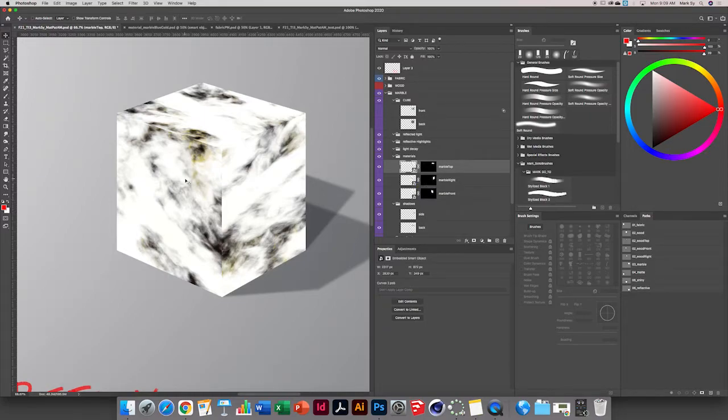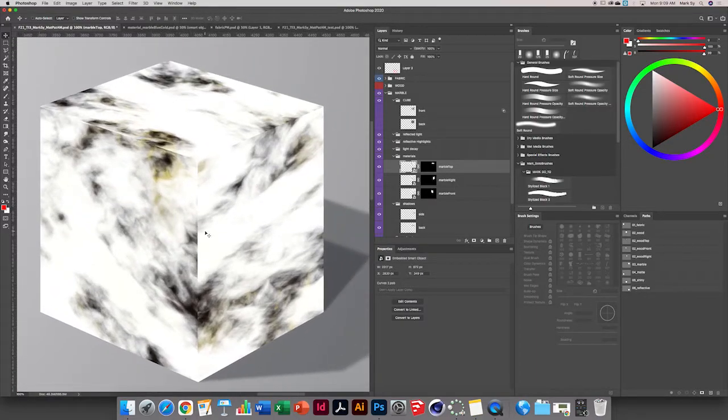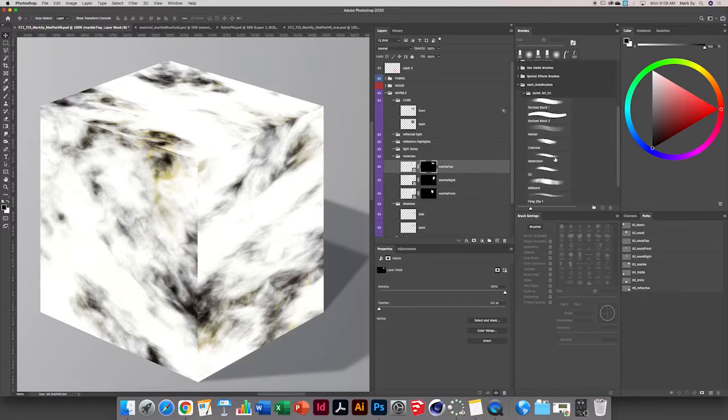So make sure you're happy with your base before you start painting, because now we're going to get into the real business. I want to rough up the edges of this. I don't want it to be so clean. So what I'm going to have to do is go into the mask of each of these layers, each of these sides, and with a chisel brush,